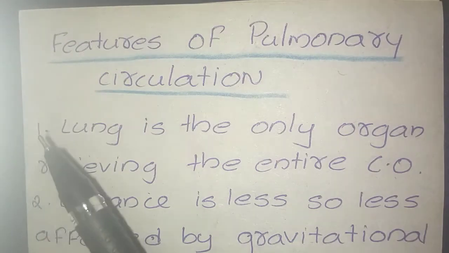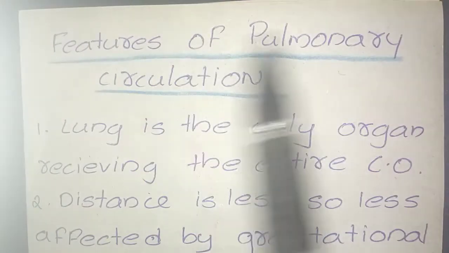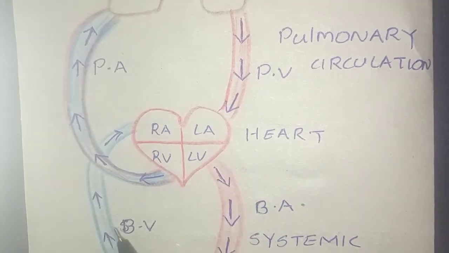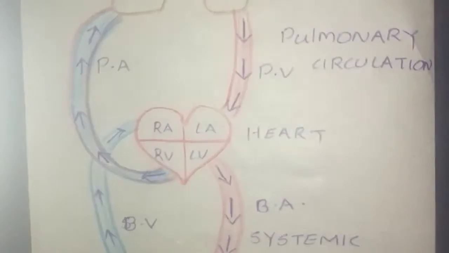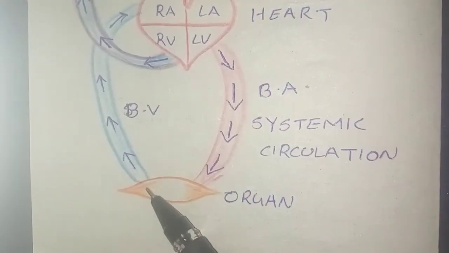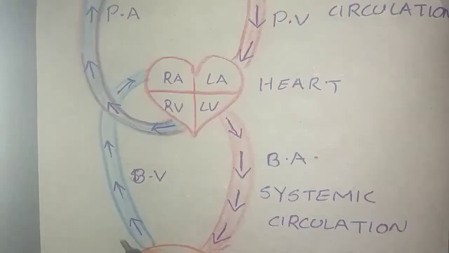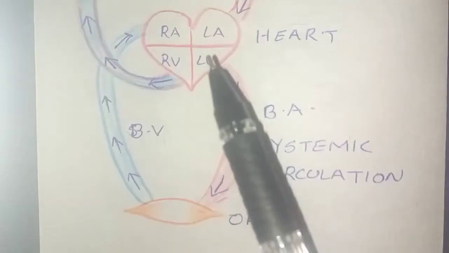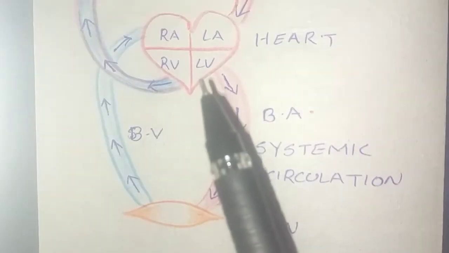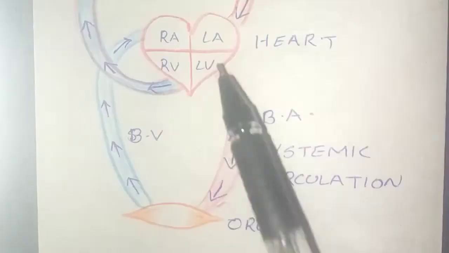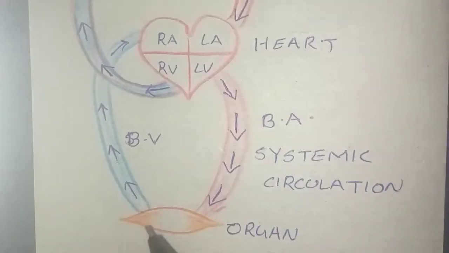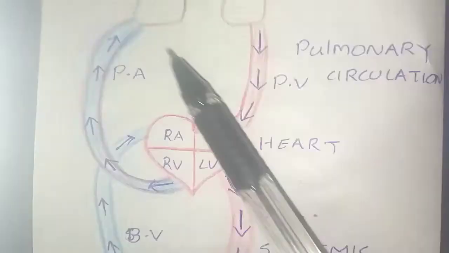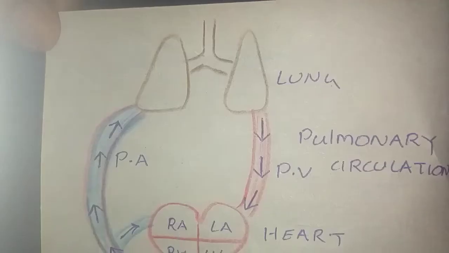In this video we will discuss the pulmonary circulation. Here we can see the heart, and the blood is coming from the organs to the heart, usually through the superior vena cava and inferior vena cava. We just need to know this right now. The blood is coming from the organs to the heart, and from the right atrium it moves